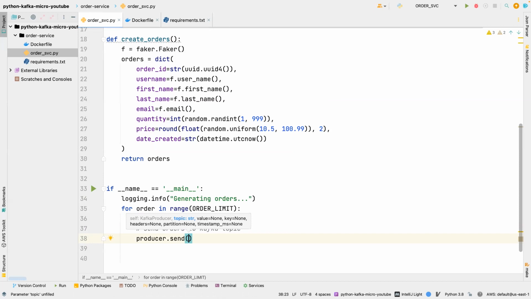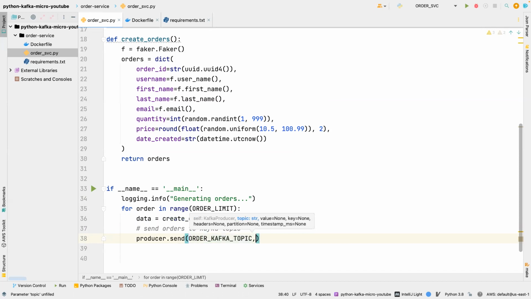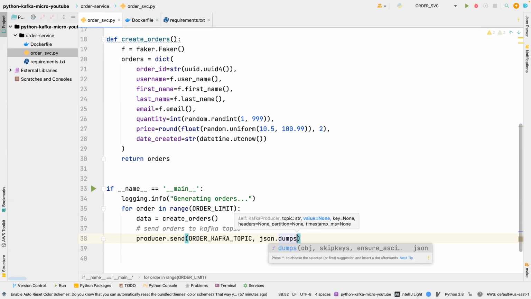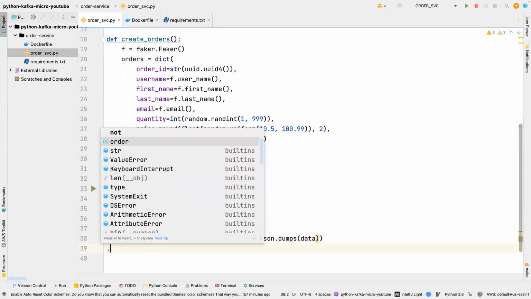We are sending to a topic. So we're going to say order Kafka topic. And what are we sending? The value. Okay, and the value we need to encode it. So we're going to call json.dumps, and then we dump the data,